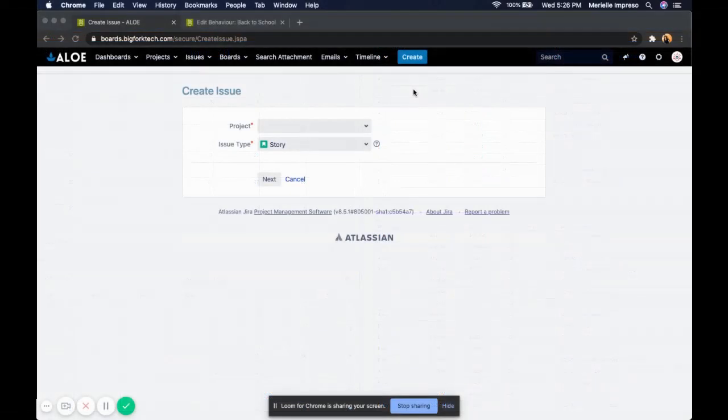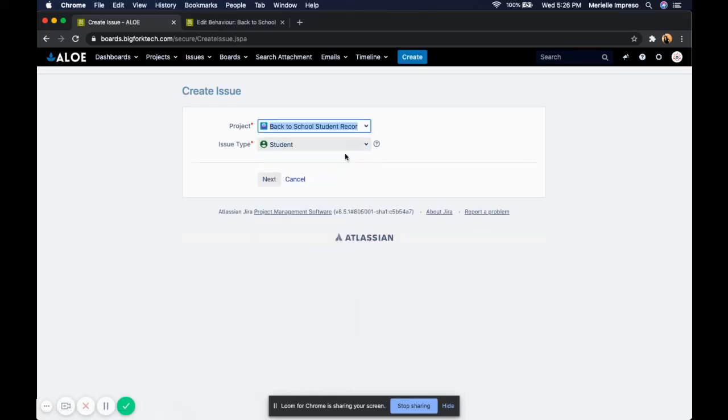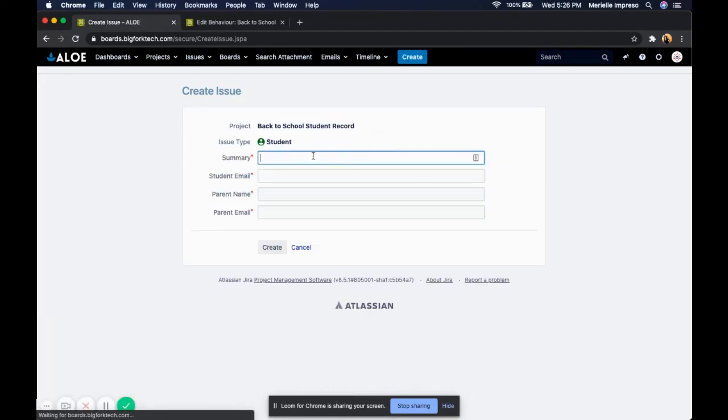To set up your ALOE Back to School software, you'll start by creating a student. To do this, click the blue Create button at the top of your screen. For the project, you'll select Back to School Student Record, and for the issue type, you'll select Student. The summary is the student's name. You'll also add the student's email, as well as the parent contact name and the parent email address for this